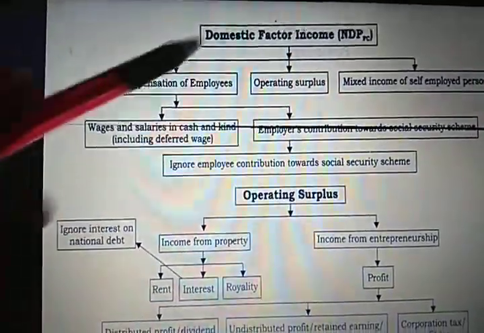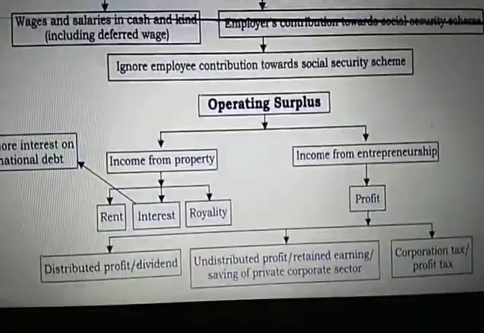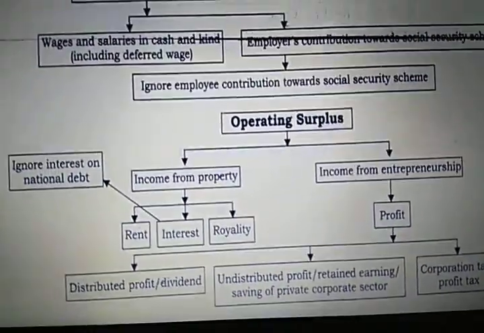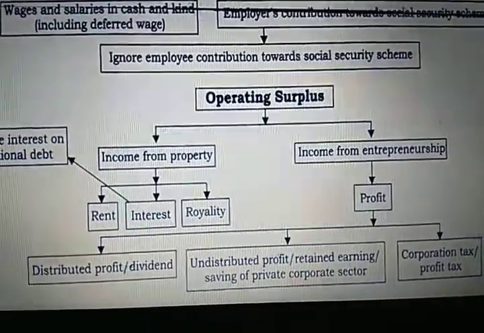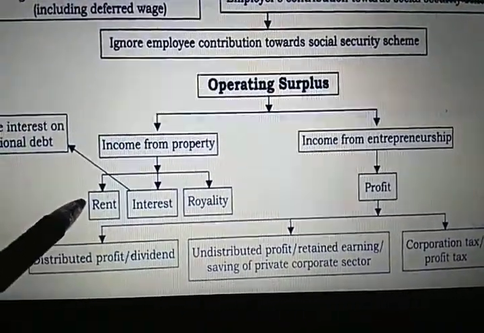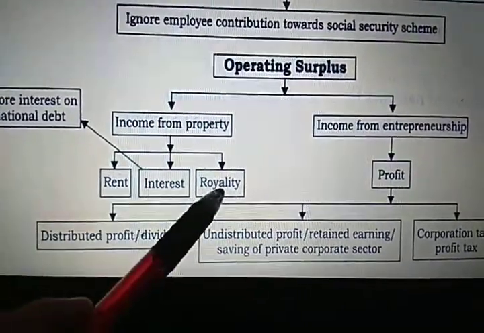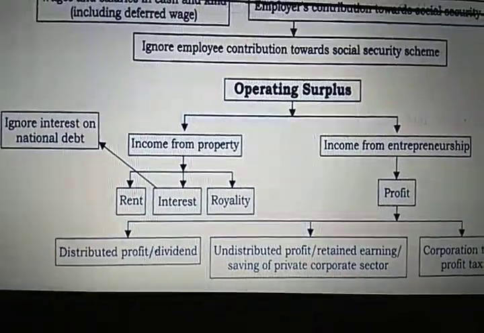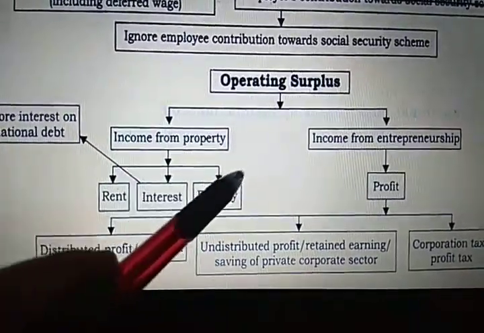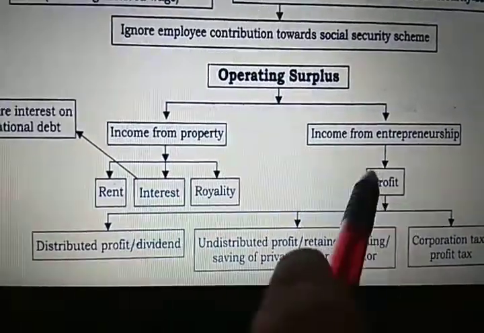The second component of income method is operating surplus. Now, as you can see here, operating surplus is broadly classified into 3 categories: rent, royalty, interest and profit. Actually 4. So rent is for using of any land or the usage of any area. Royalty is when you use any mining or subsoil assets. Against that, a payment which you make is known as royalty, interest against the loan amount, and profit for the entrepreneur. So I hope this is clear.